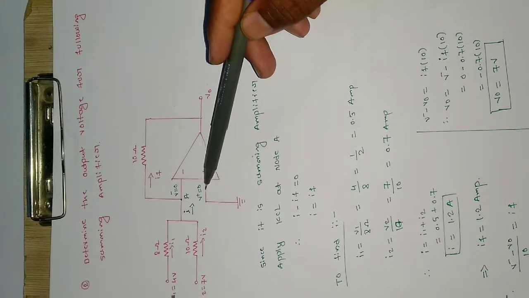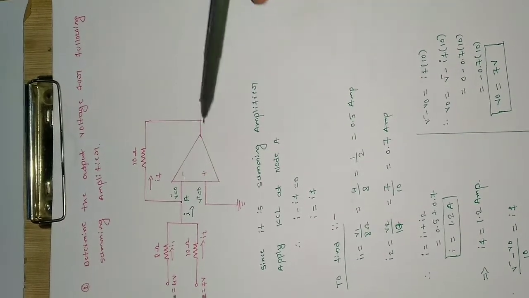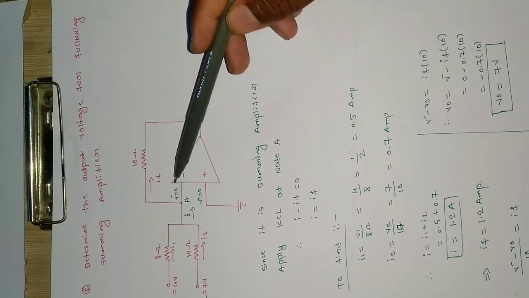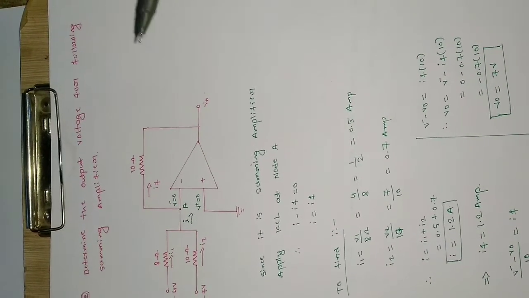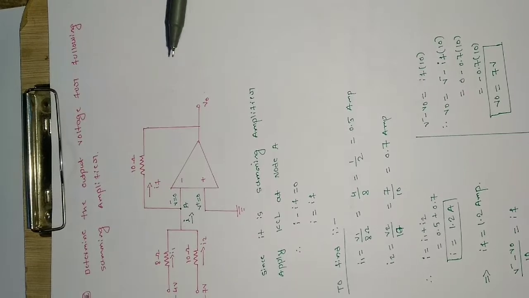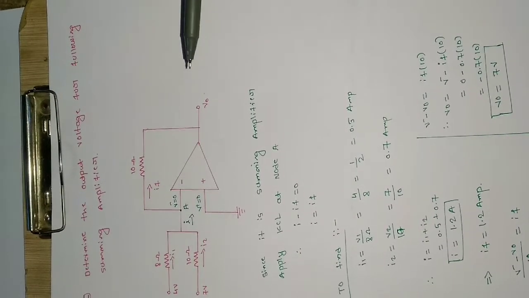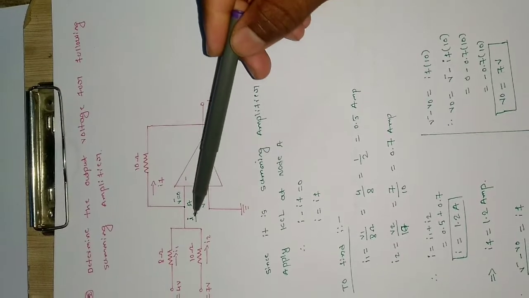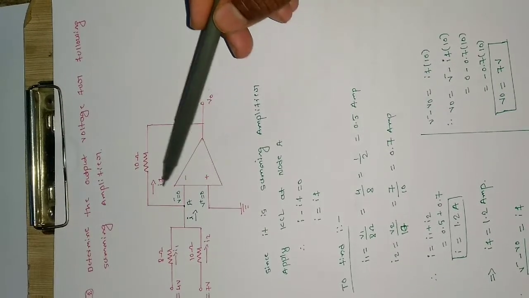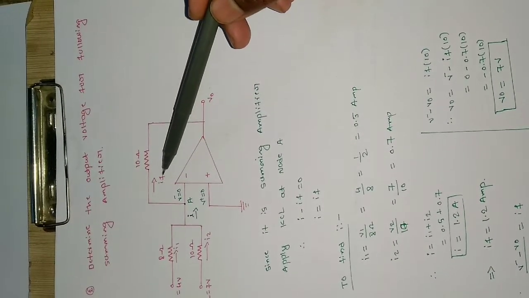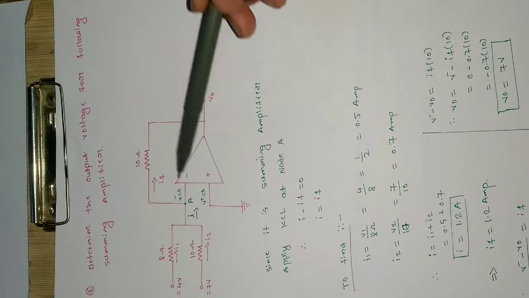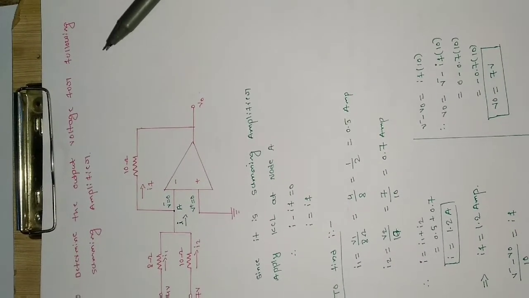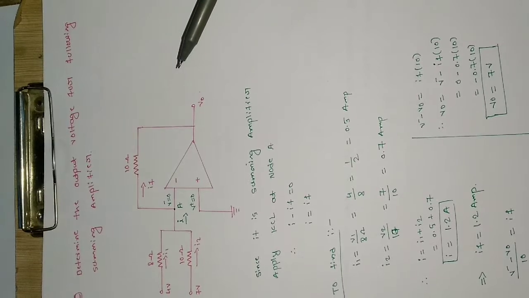So if I have a voltage of 5 volt here, then by this feedback action, it will try to make the voltage at the other end also 5 volt. So please keep these two rules in mind, they will help us a lot in solving the problems. So let us move ahead. This is the current which is entering junction A, and this is the current leaving, that is IF. As this is the feedback current, I am calling it IF. Okay, so we need to determine the output voltage again here. So we need to find V0.